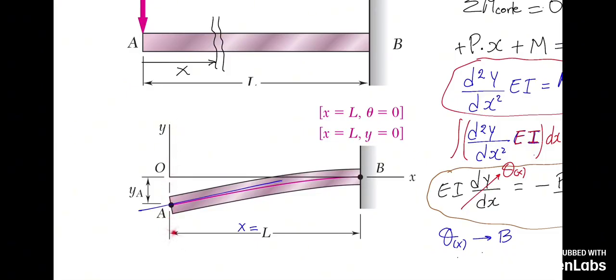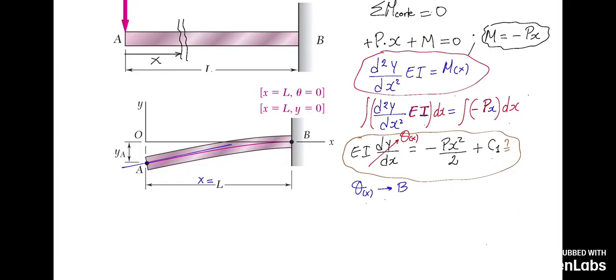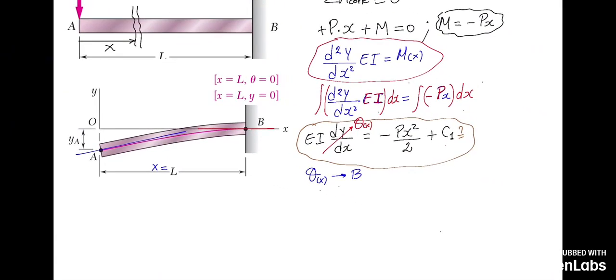It's at the end. I'm measuring from here as the reference, and we move L and reach point B. So at this point, I'm going to draw the slope of the tangent line. It will be this one, this red one that we just marked. What is the slope of the tangent line to the curve at B? 0. So we are going to say that at point B, where x equals L, the slope at B is